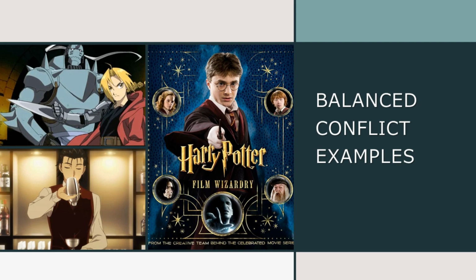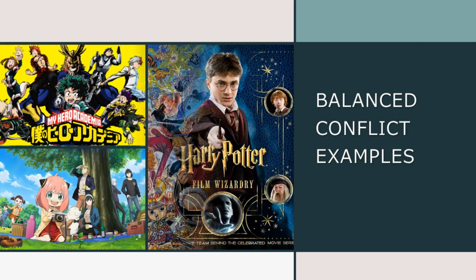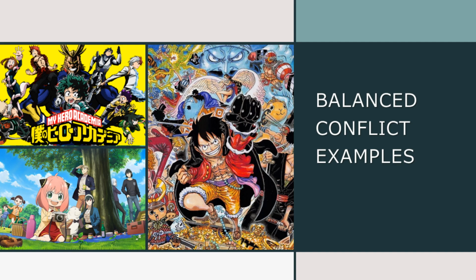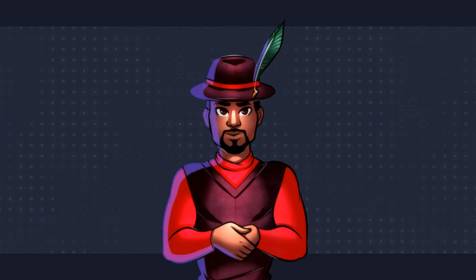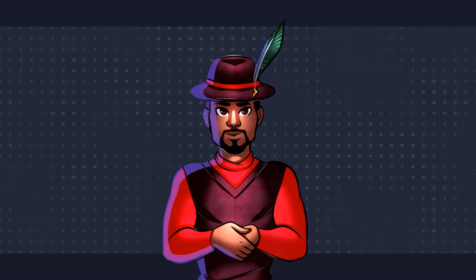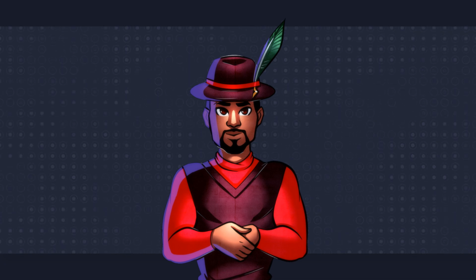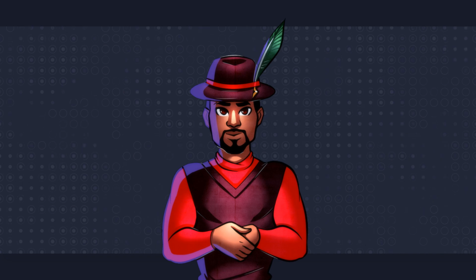Think of things like Fullmetal Alchemist, the Harry Potter series, manga like Bartender, My Hero Academia, Spy Family, One Piece. This is actually my favorite tone to write in. Here, you aim for a balanced mixture of light and dark elements, which can offer a richer narrative experience. The audience can engage with multiple emotional levels, and it is often a versatile tone suitable to a wide range